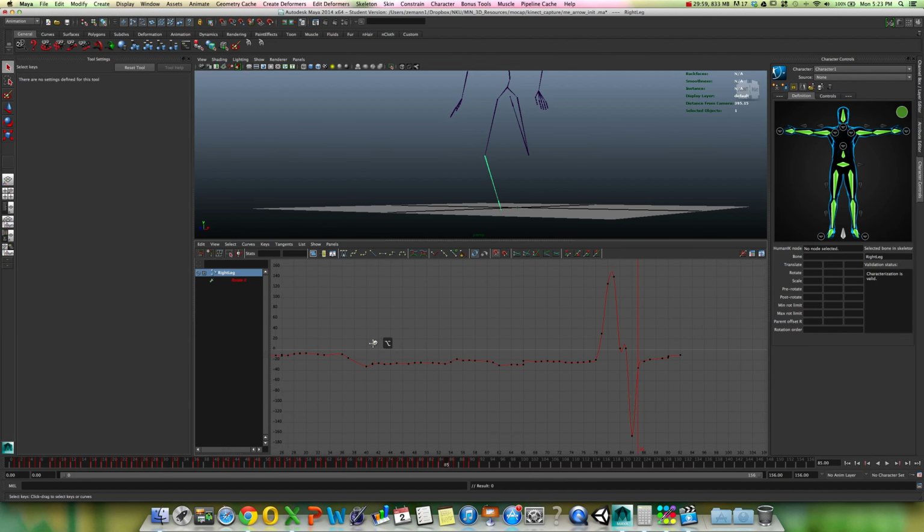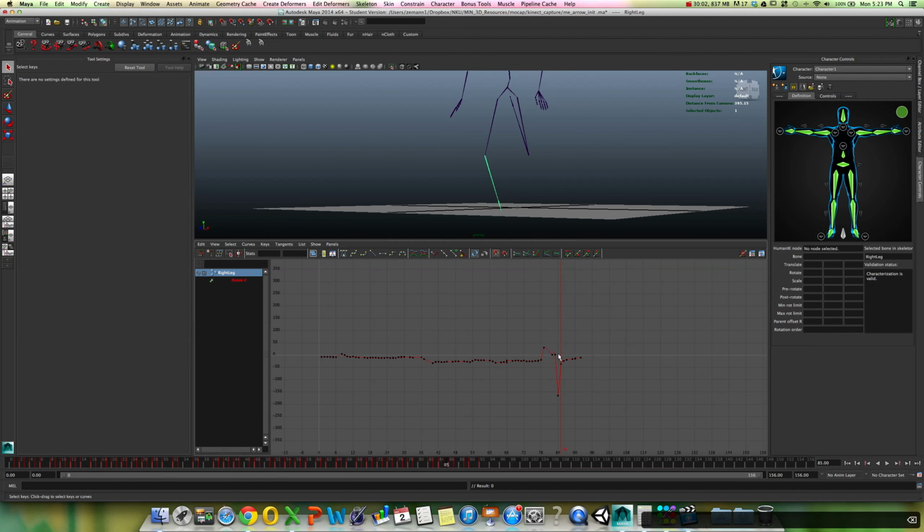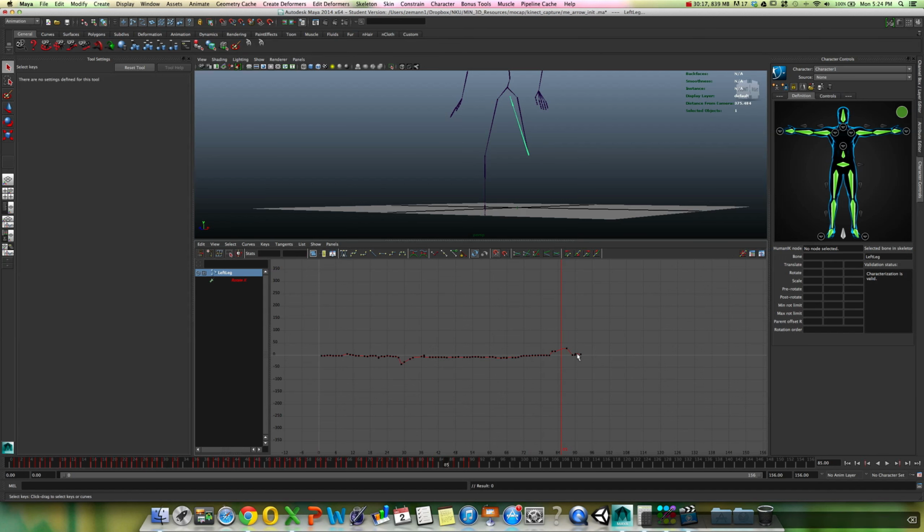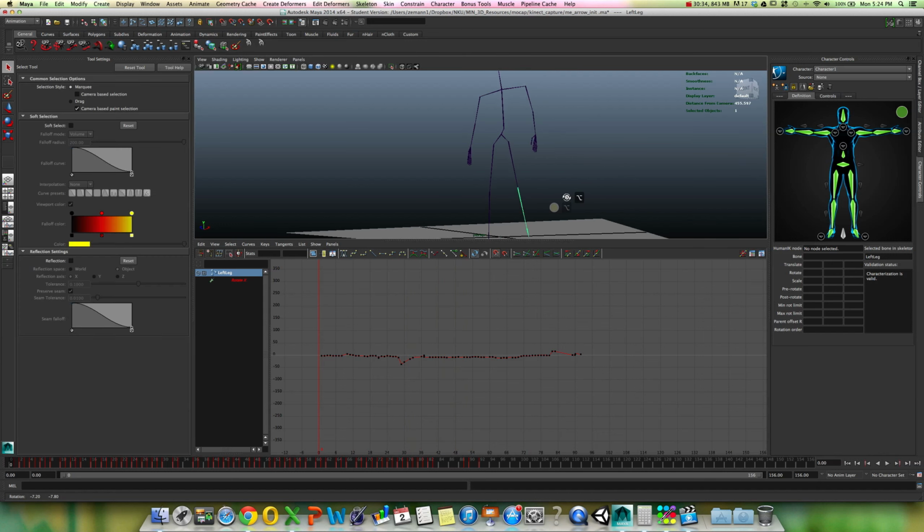I can scroll down here, sometimes you miss it. So I'm going to kind of go through here, and I still see there's really no reason to have that. Some of these spikes we can just get rid of, and it creates a smoother change. And once again, here's some area where we could just fix that. Okay, so I think that's about as good as we're going to get in terms of stabilizing our data. So we're getting a stable line of data here